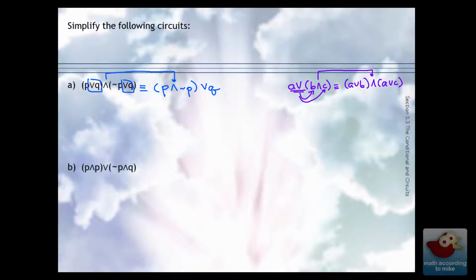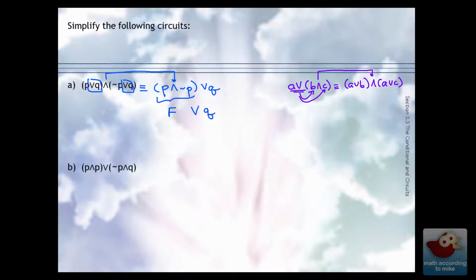Next line, we have P and not P. Well, here's the thing. P by itself could either be true or false, which means not P is the opposite. So no matter what P is, we will have the sentence false and true or true and false. In either case, this is always false. So P and not P is always false. So then we're left with false